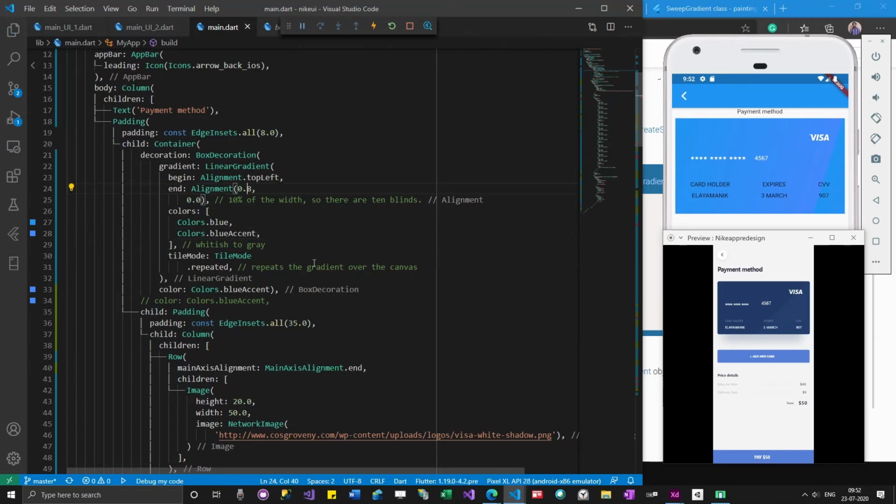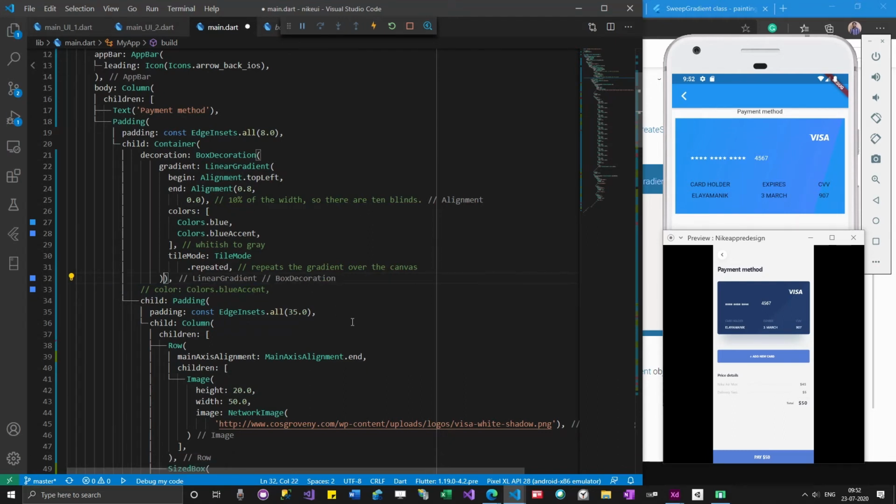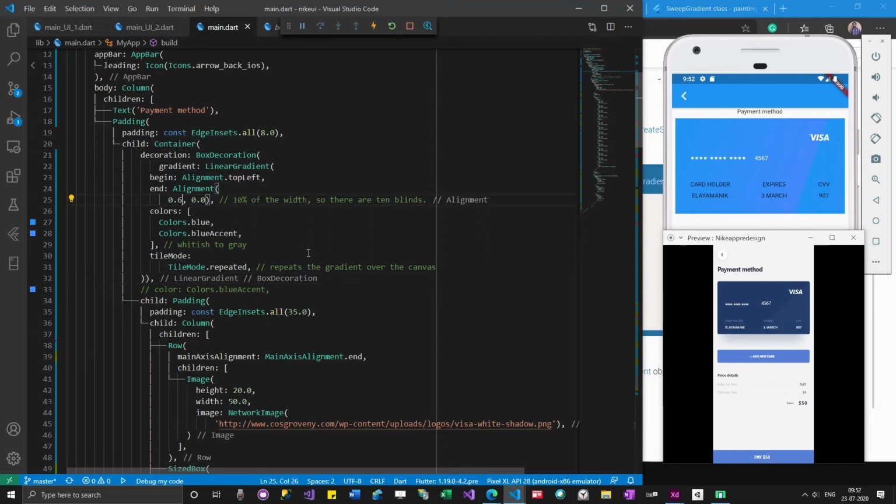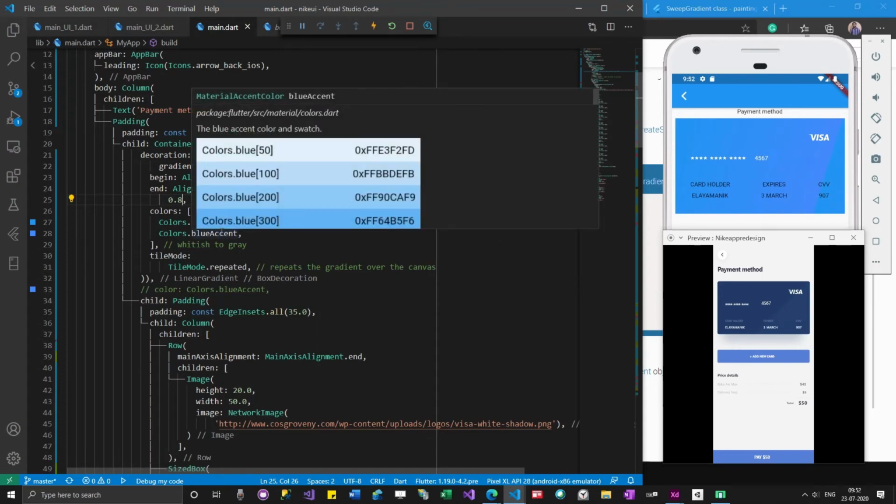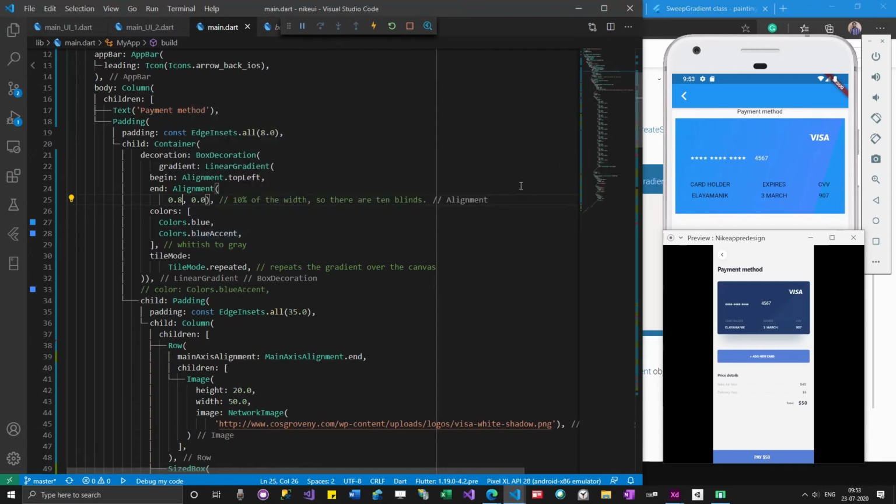See, this whole thing is about experimentation, guys. You should be able to experiment more, so then you will be able to get the design you want. I think now I can remove this color from here, because the color values are being picked from here. So I will remove this color and then save it. I will try to change this value and see how it impacts. You can see as I change this value, this thing has moved. The line over here is actually moving. So I want it to be... give me a second, guys.